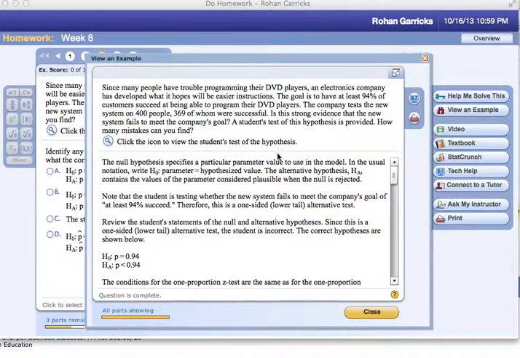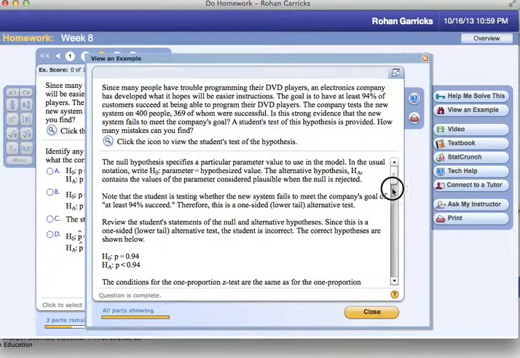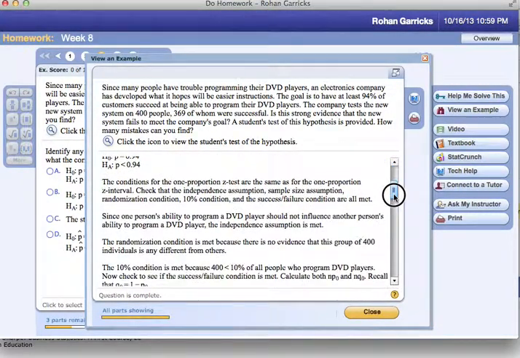Yeah, so we're looking at this question here, which is one of the practice questions, and the explanation is pretty straightforward. However, I want to add something that is a little more powerful than the way the solution is presented here. So we are looking at a sample of 400, and 369 were successful, and the null hypothesis is suggesting